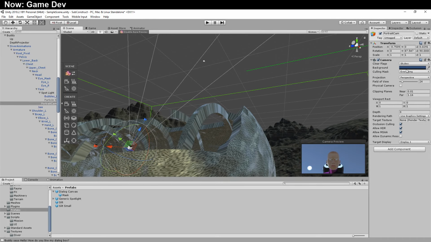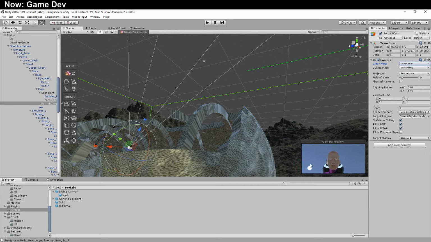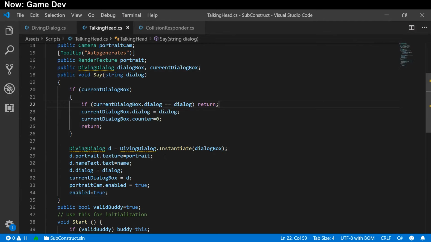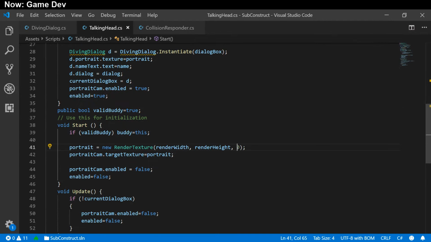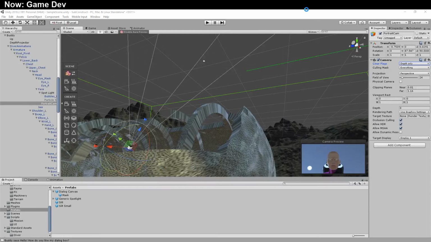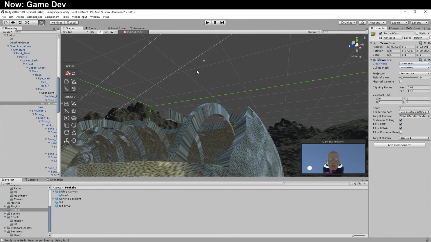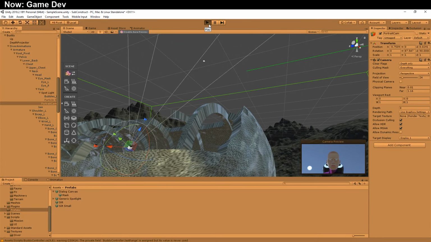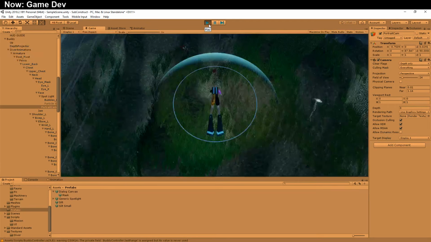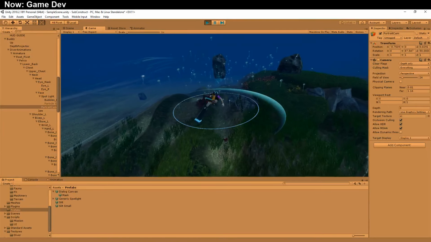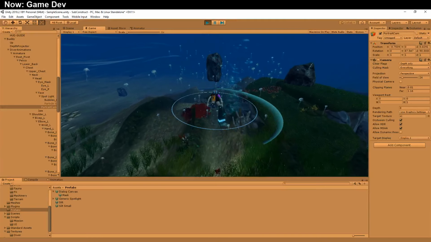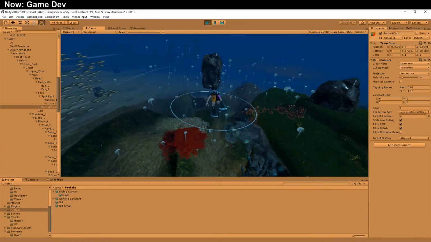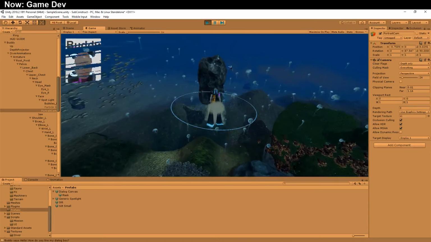There we go. We're going to go ahead and set that back to depth only. And we're going to just change the depth of the render texture. I actually don't remember what the depth stands for. I don't usually have to worry about it, so I kind of blanked on it. We might also want to set the buddy up with the correct textures for their eyes and eyebrows and stuff, but we can come to that later. Of course, they're going to be wearing a full mask, so